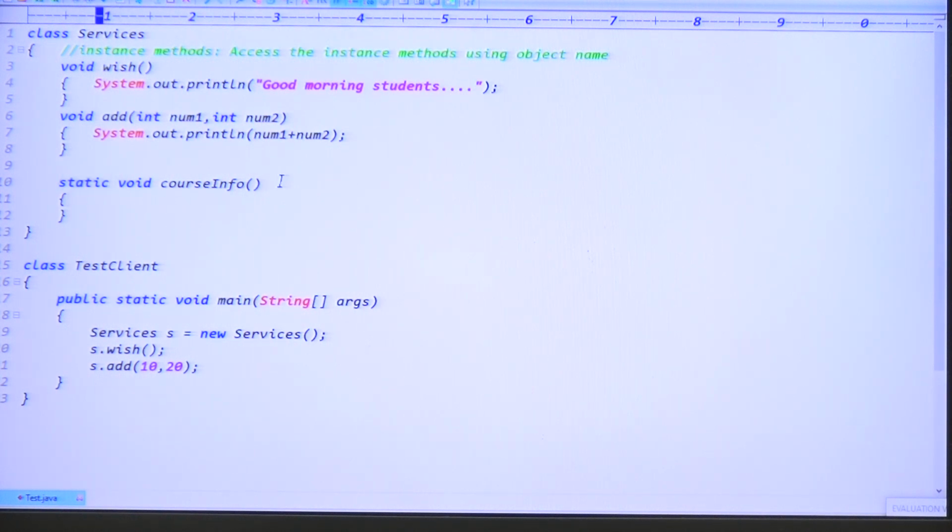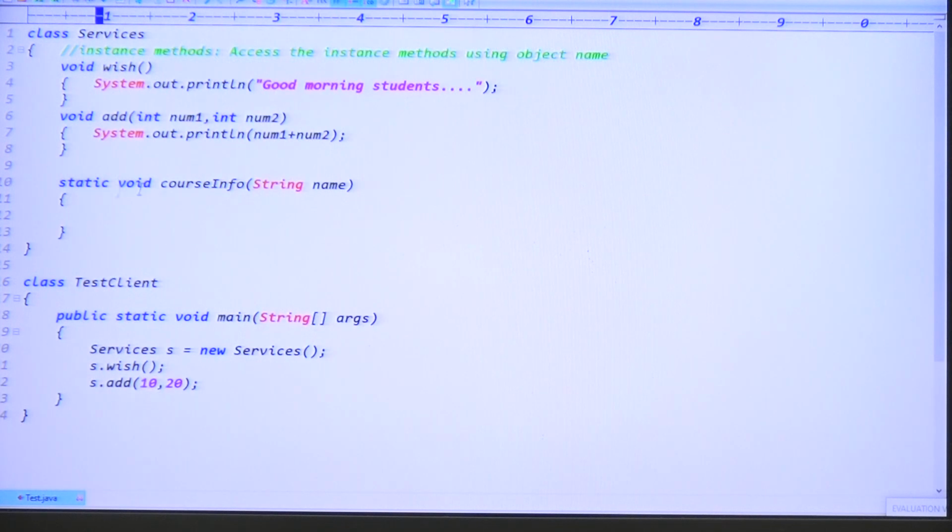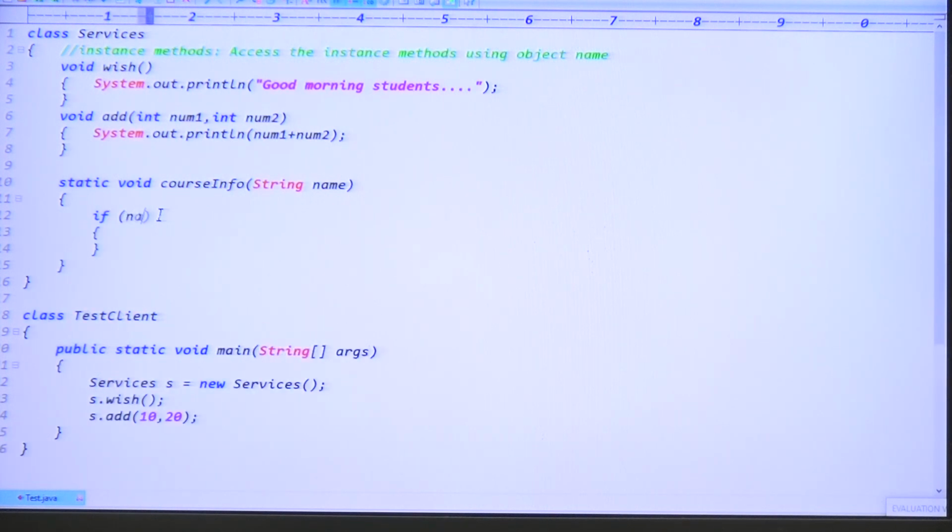See, guys, the students are requesting course information, so you can expect an argument like a String argument, the name, right? String argument. Based on this argument, we can write some logic here. What is the logic here? Let me write courseName dot equals, to check the equality of the string, guys, because he is passing string data. To check the equality of the string, we go for the dot equals method.